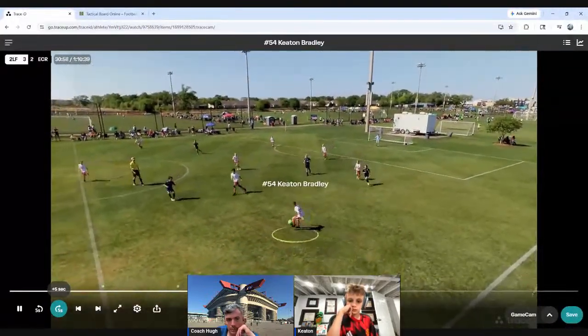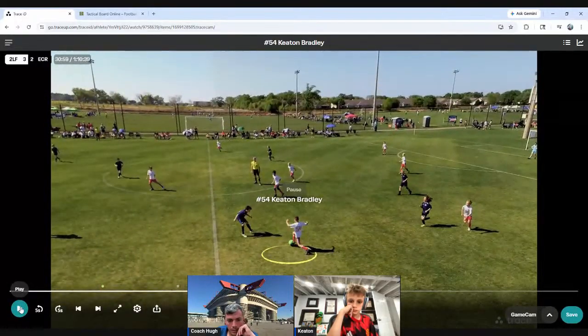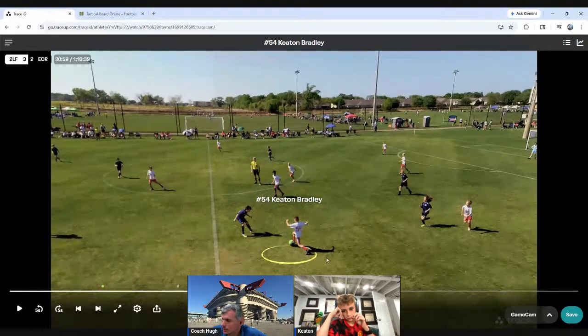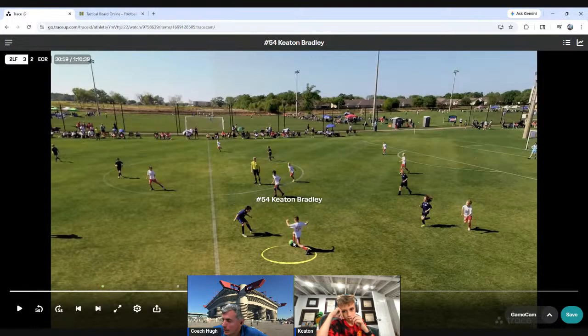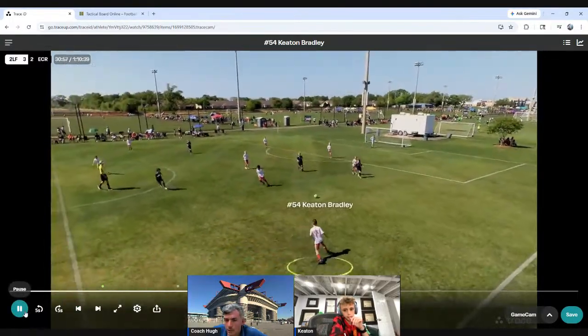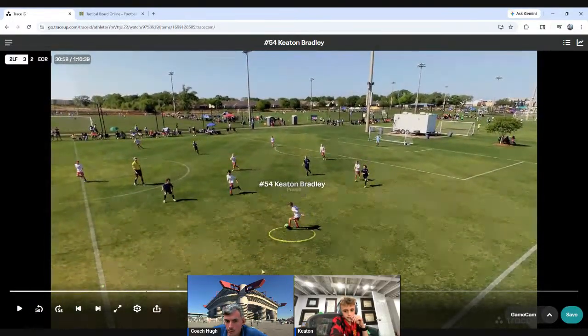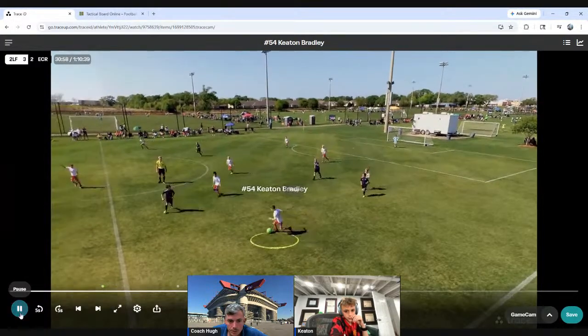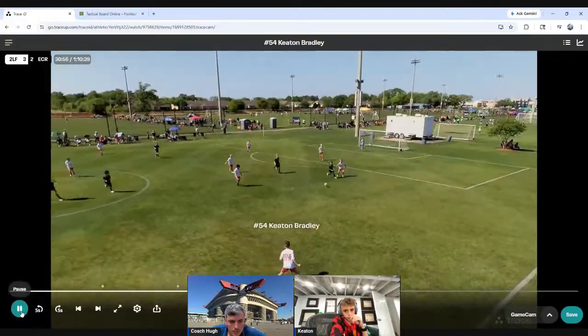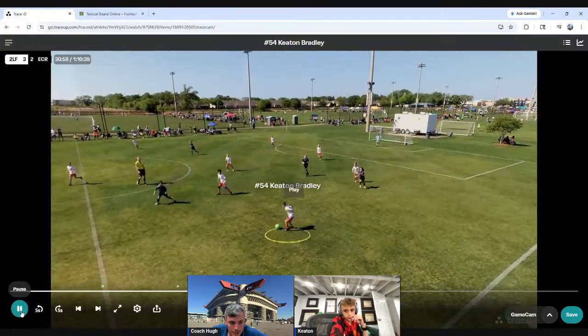Nice little ball here. Okay. I'm looking at this. Before we even look at what you're doing, I hope you pass it into Dill here. But I just want to show something. Notice the distance between your plant foot and where you're making contact. So that's a pass. So you really want to try and keep your plant foot as close to the ball. Good touch. Half turn going forwards. Another foot touch going forwards. And you really don't like to use that left foot, and it's going to hold you back.